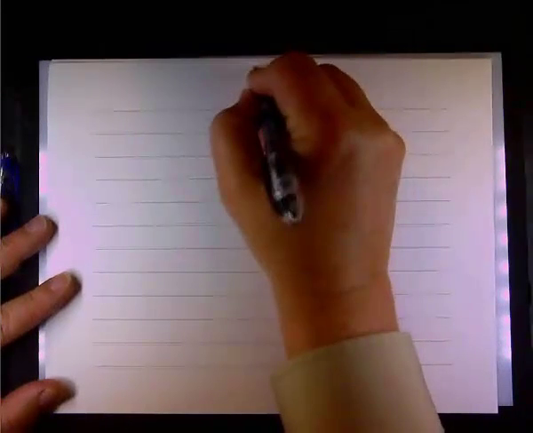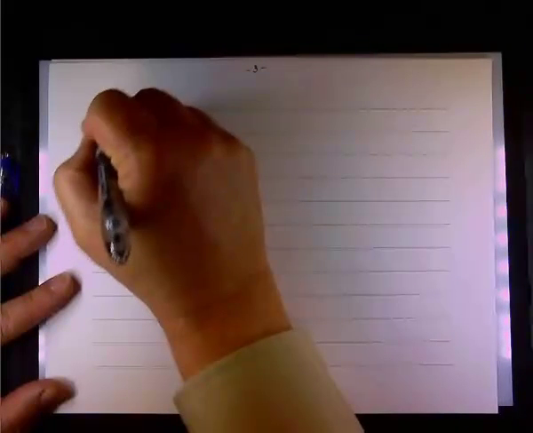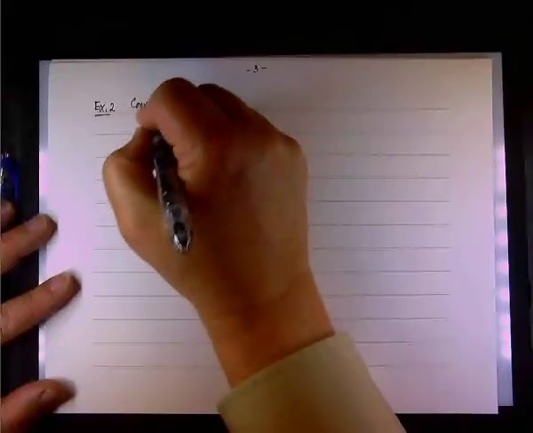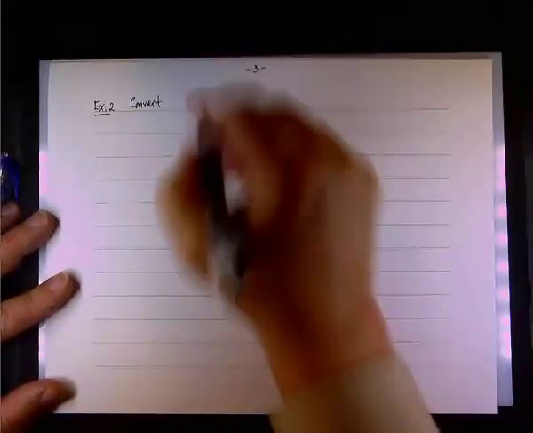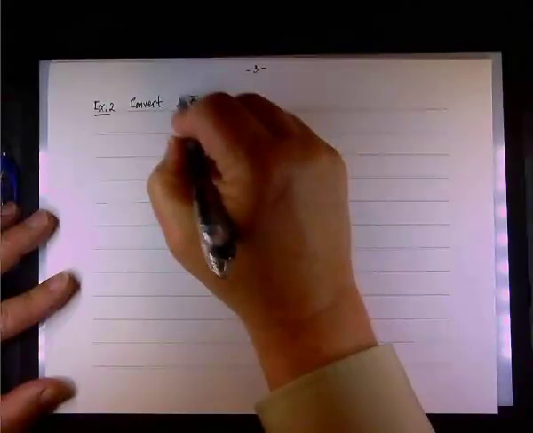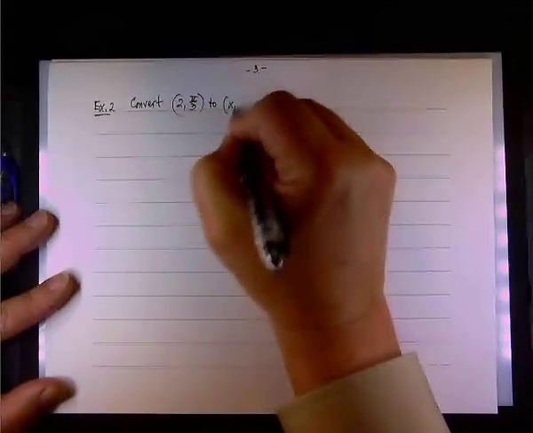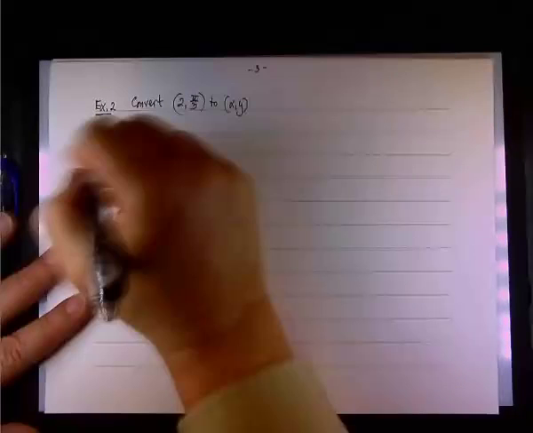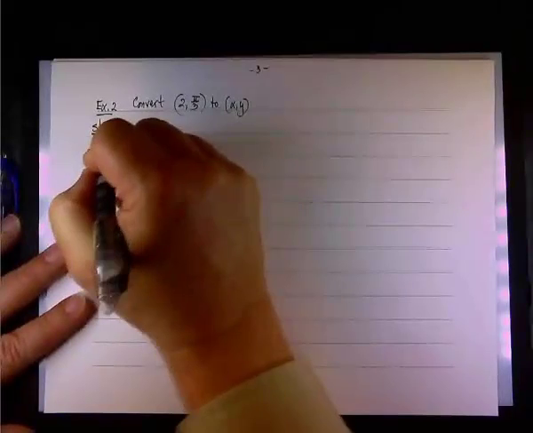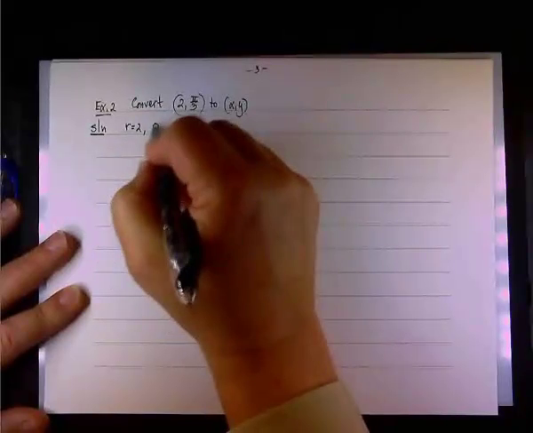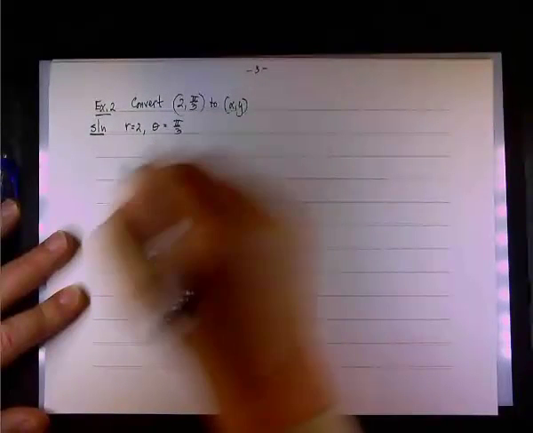So the next is example 2. In examples 2 and 3, we're going to convert. Okay, so let's convert (2, pi over 3) to xy. So the solution, since r equals 2 and theta equals pi over 3, then x